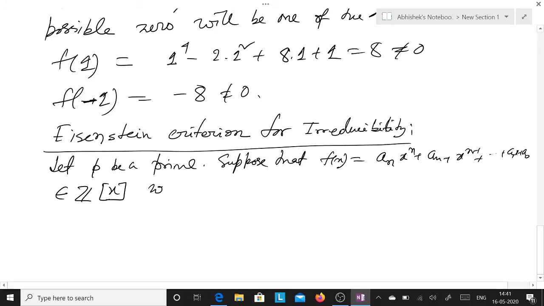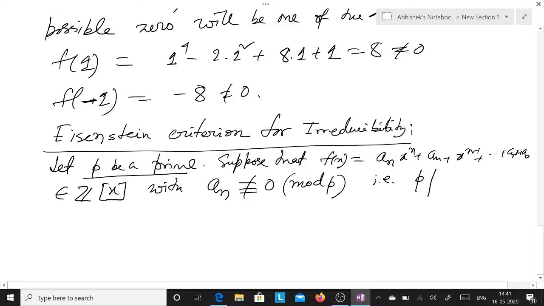with the conditions that a_n is not congruent to 0 modulo p. That means that p, that prime, will not divide a_n, the leading coefficient of the polynomial, but